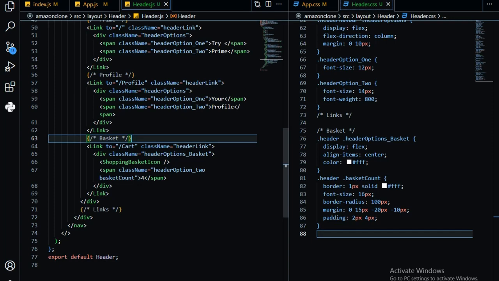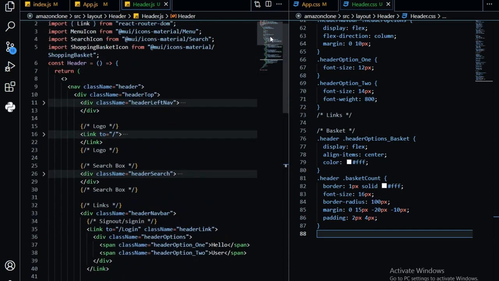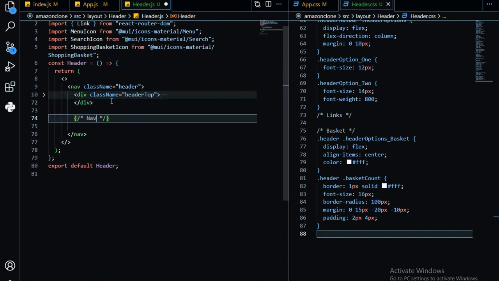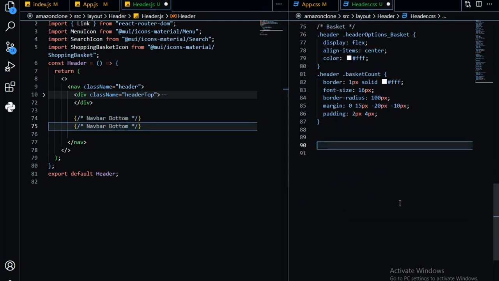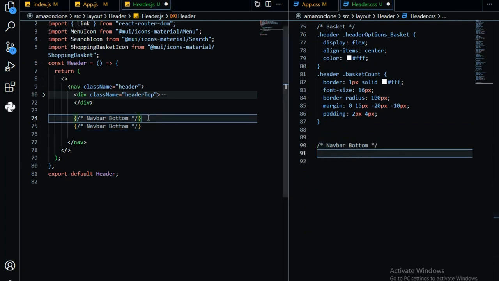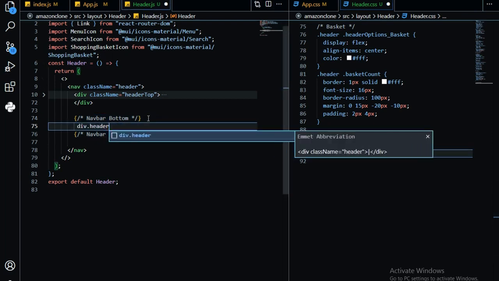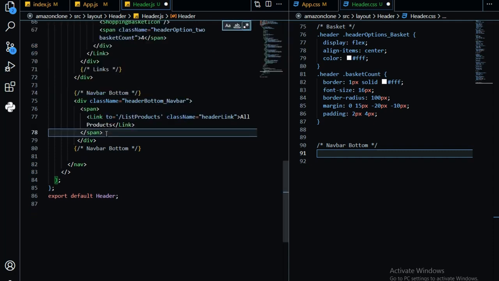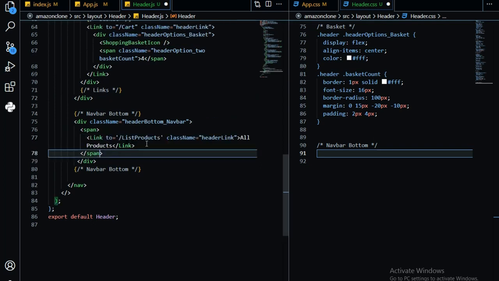So I'm going to just take this down, navbar bottom, duplicate it, and for here navbar bottom. Yep. So div dot, I'm going to take a class name of header bottom navbar, and inside it a span tag, and inside it a link tag to link to